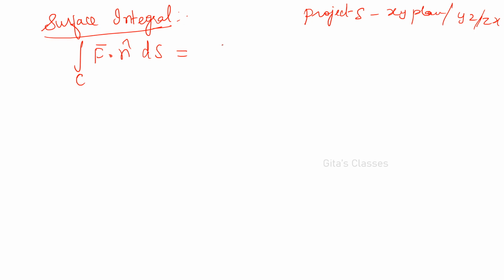And there is a restriction. You can project on any plane, but when you are projecting, you should get a closed curve C and a closed region R. When you are projecting a region enclosed by a closed curve, you should get a region like this. Then only you can project it. If you are not getting this closed curve, closed region, then you cannot project on that particular plane. That is the meaning.